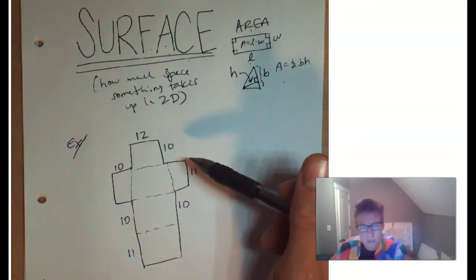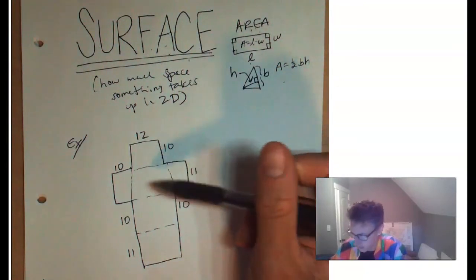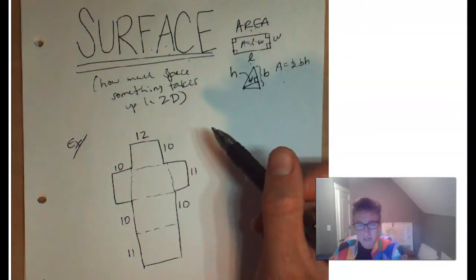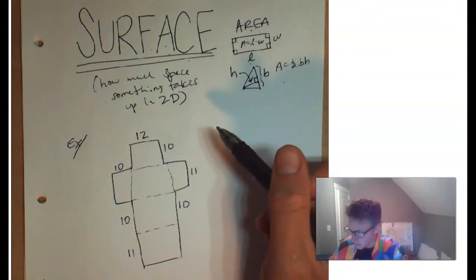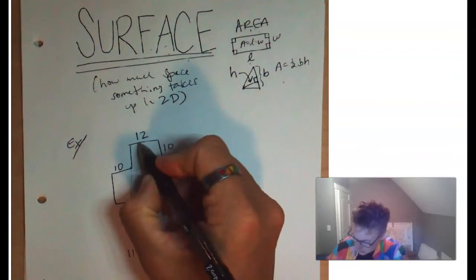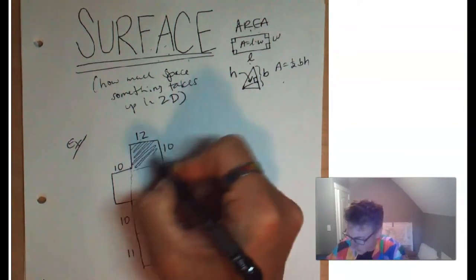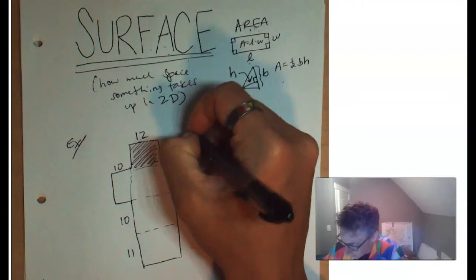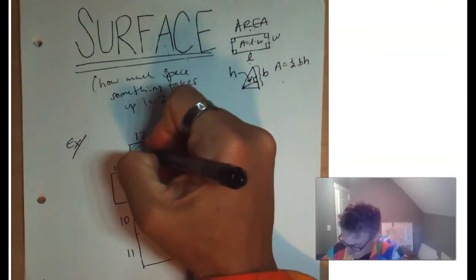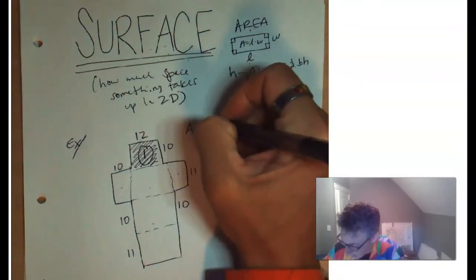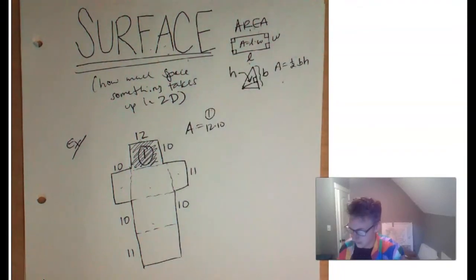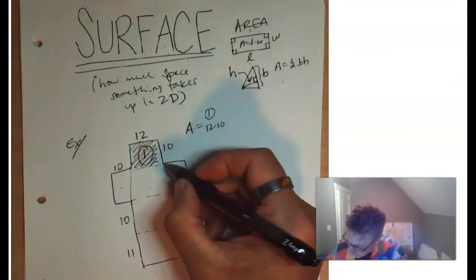This looks like a bunch of rectangles. Excuse my wiggly drawing, but this is a bunch of rectangles, so we just need to find the area of all the rectangles and add them up. Cool. So the area of this rectangle here is length times width, 10 times 12. There's that guy. So our total area is going to be a bunch of different rectangles added up all together. Maybe I'll just put numbers in them. The area of rectangle number 1 is 12 times 10. Cool. The area of this rectangle here,